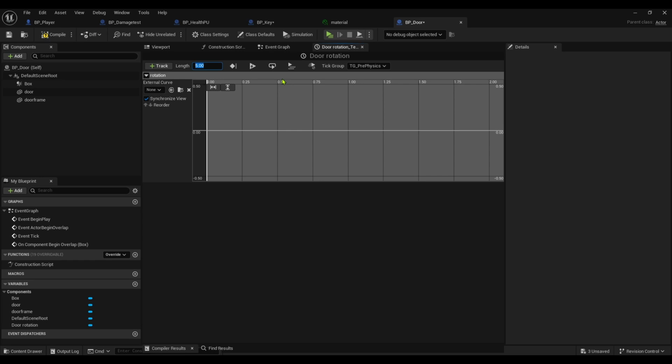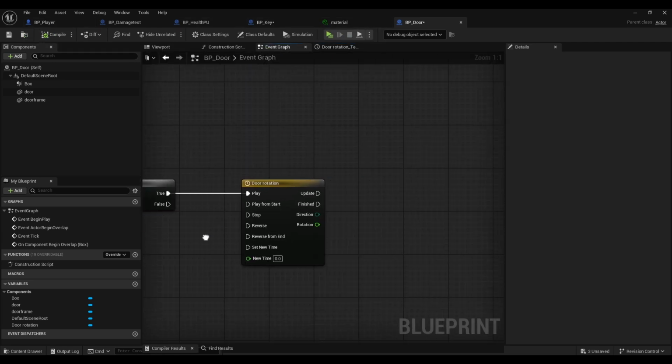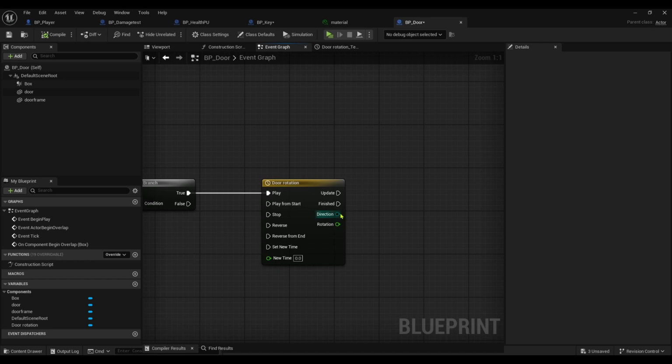Yeah, 3 seconds. I'm going to shift left click to create a key curve. I'm going to create the time at 0 and the value to 0 because it hasn't opened, it's closed. Then I'm going to shift left click again. Time's going to be 3 seconds and the value is going to be 120 because I want it to rotate 120 degrees. And then if I compile and go back to the event graph, all right, once it's finished,